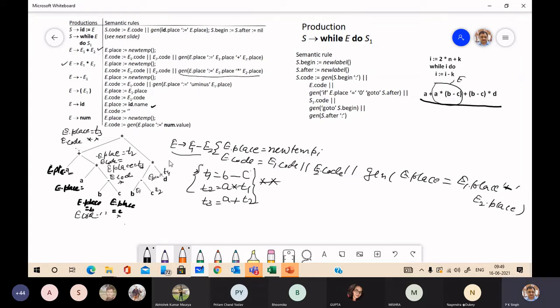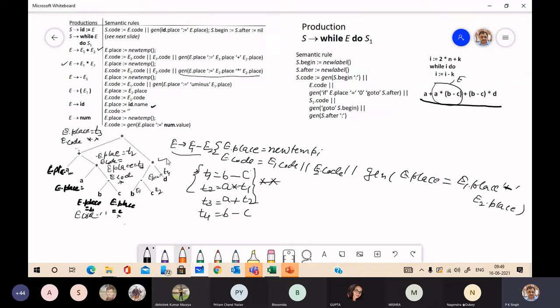And E.code consists of E1.code, which is null, and E2.code, which is null, so it will write only this: T4 equal to E1.place, which is B, minus E2.place, which is C. This is the code.